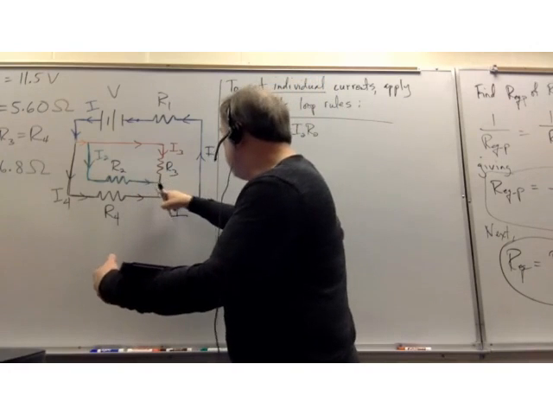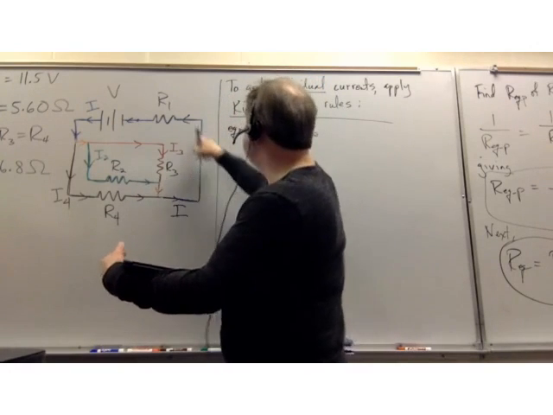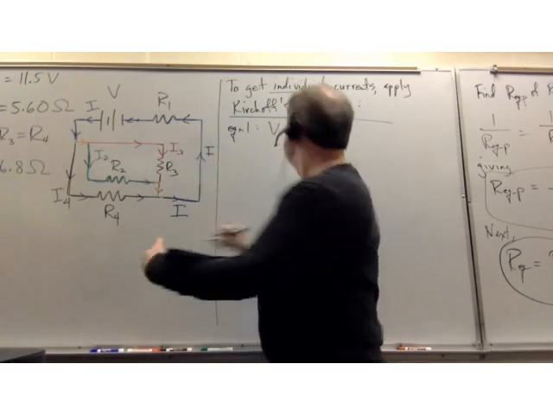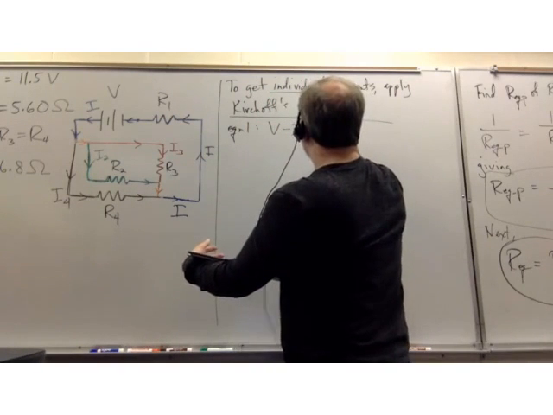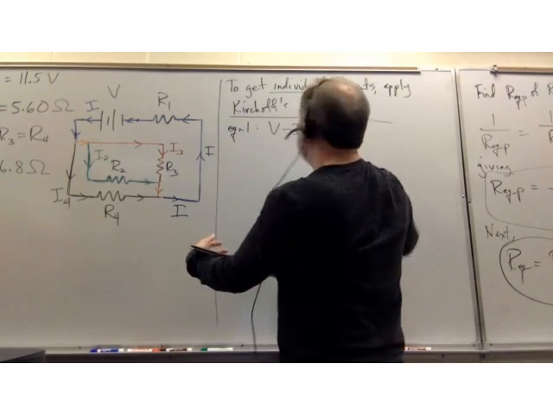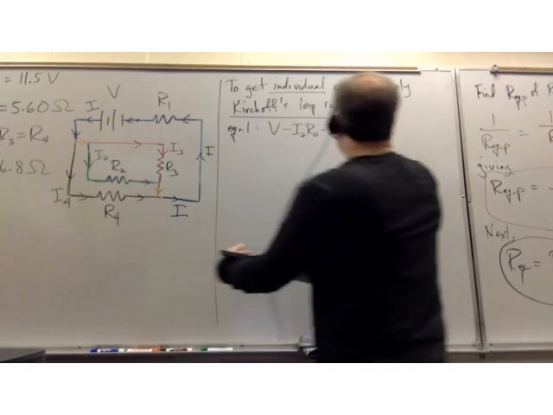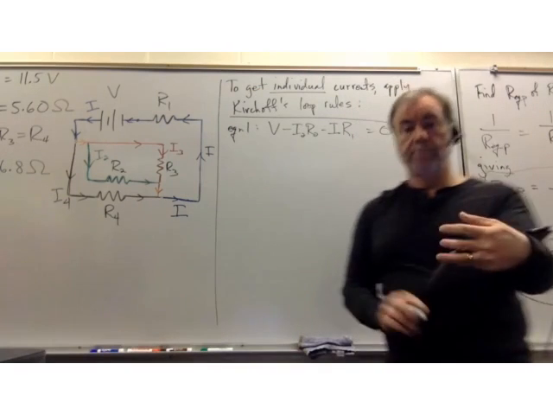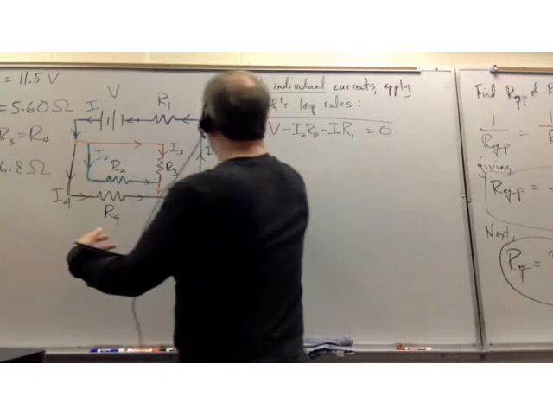And then we'll come around here. We're going to go through the outer loop. So nothing else happens until we get to R1. And so we have minus I times R1. And we're back to where we started. And that's equal to 0. So there's our first equation. Our second equation,